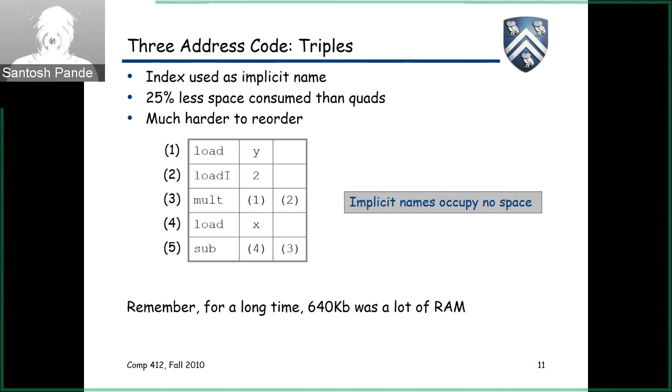And the reason for not keeping an explicit target name was to save space, and therefore this was adopted in earlier types of compilers. At that time space was really a problem, but later on this was not the consideration anymore. And so the more common practice nowadays is to manage the temporaries not implicitly but explicitly by giving a name. And one can think of the name itself as